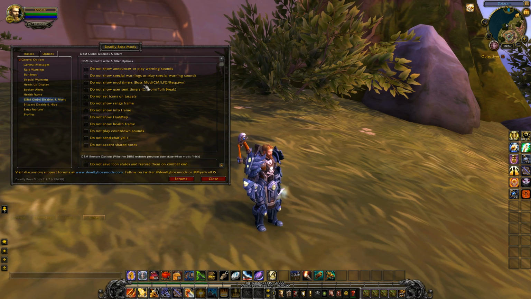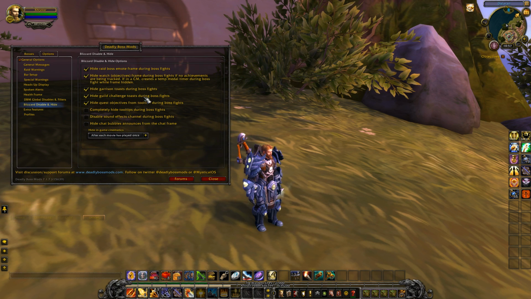You can disable a bunch of stuff in this menu here. This will disable some Blizzard things, such as the sound effects channel during boss fights, hide chat bubbles, completely hide tooltips.